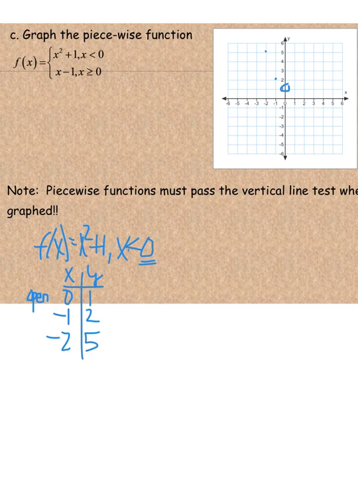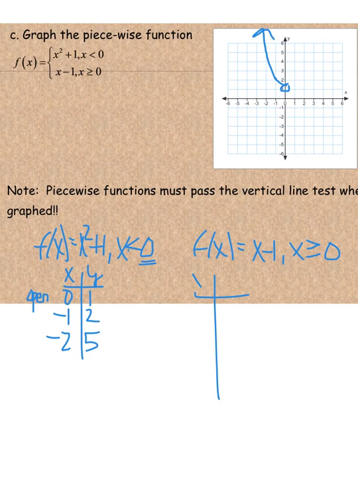Now we should know from algebra that the equation f of x equals x squared plus 1 is a parabola. Therefore, when I connect these points, I'm getting a piece of that parabola that exists where my x values are less than 0. For the second equation, f of x equals x minus 1, where x is greater than or equal to 0,